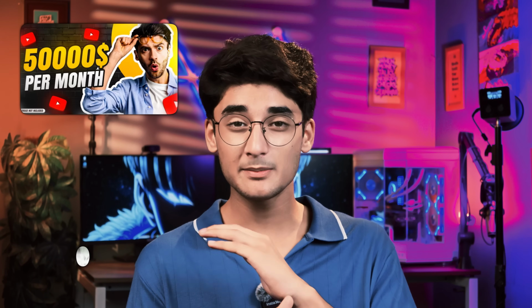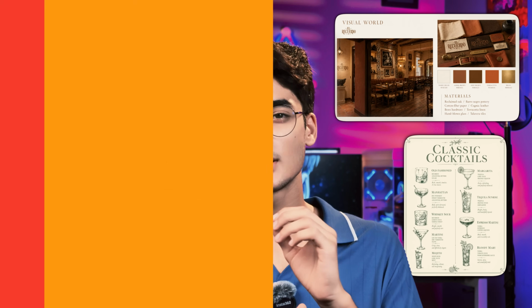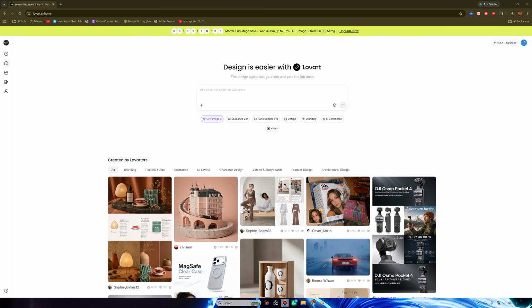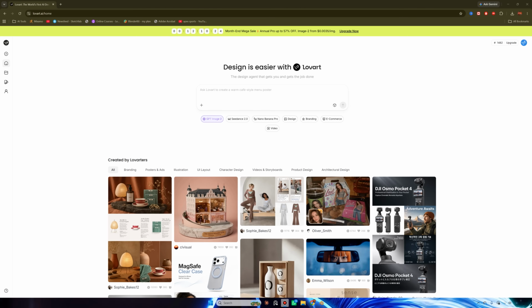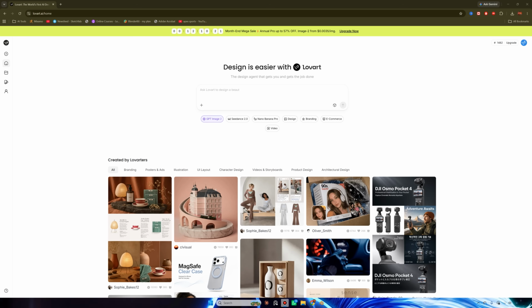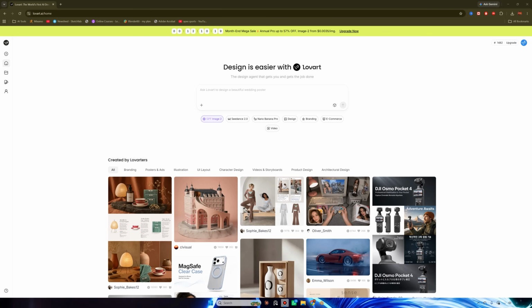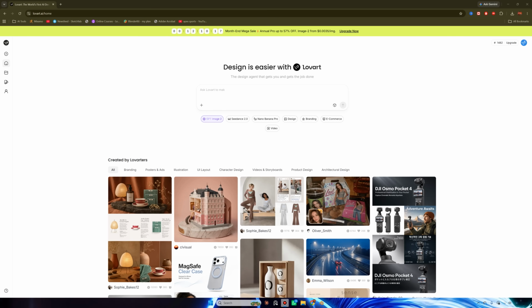Let's see if Lovart is consistent in multiple designs. So let's start creating the brand idea. For this project, I want to avoid generic ideas like coffee shop, candle company, or supplement brand because this is common in the market. I want to create a very unique brand.